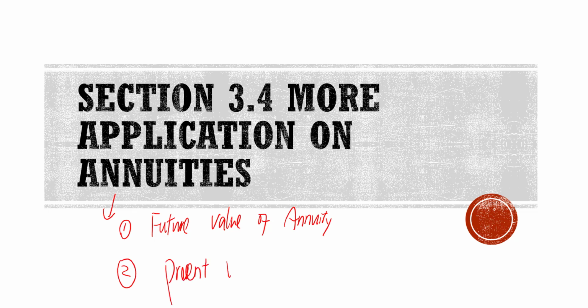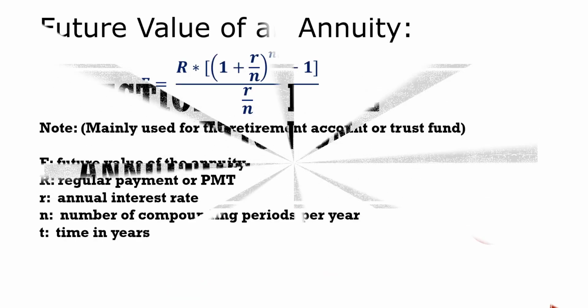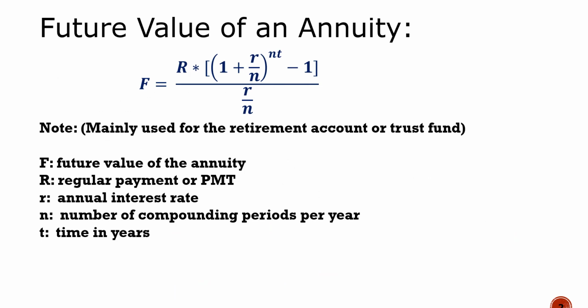We have two types of annuities. First one is future value of the annuity. And we also have present value of the annuity. First one, let's review the formulas. Future value of annuity. So here we have future value equal regular payment times square bracket parentheses 1 plus annual